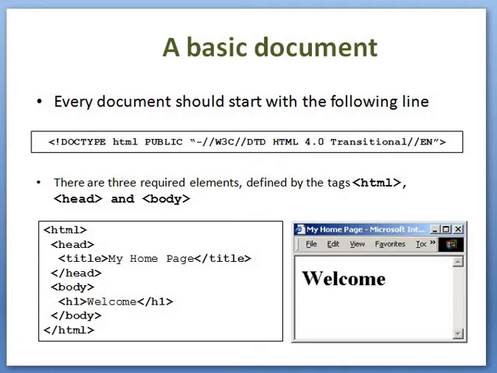The next section in the HTML document is the body tag. The body tag includes the data that is to appear in the web page. Here the data is welcome. Before welcome, there is another tag called h1 tag which mentions that the coming word is a heading. Then the h1 tag is closed, body tag is closed and html tag is closed. You can have a look at the browser. Then you can see the title is my home page and welcome is the text appearing in the content area.